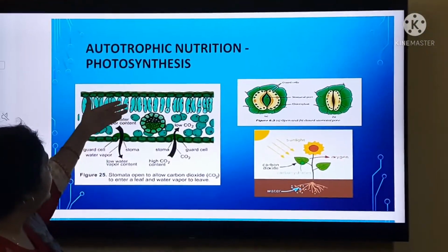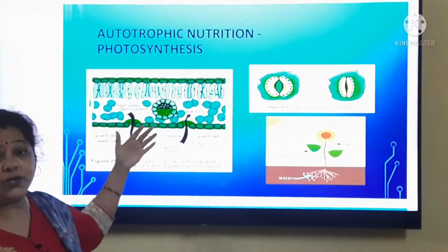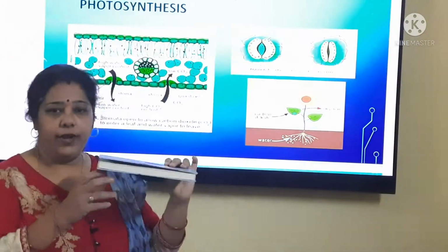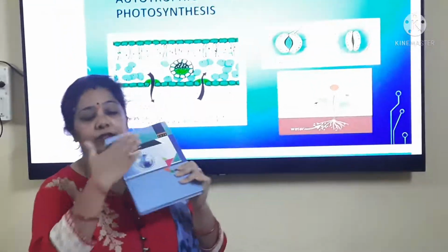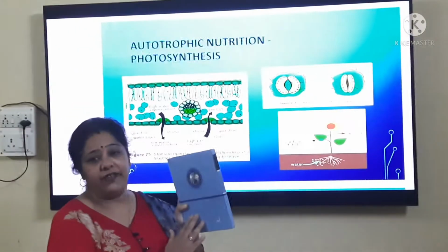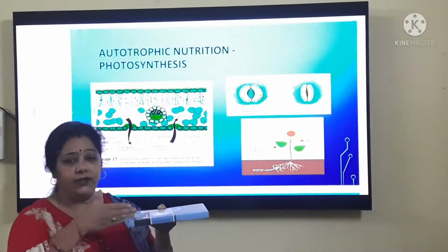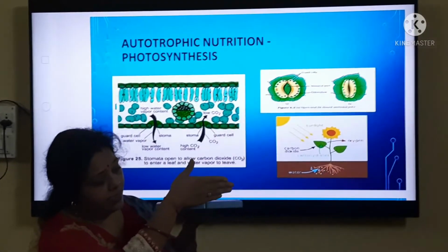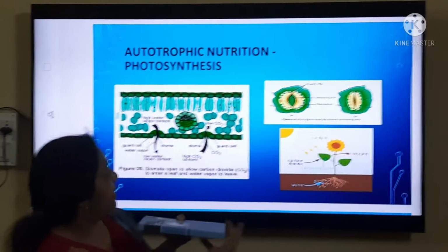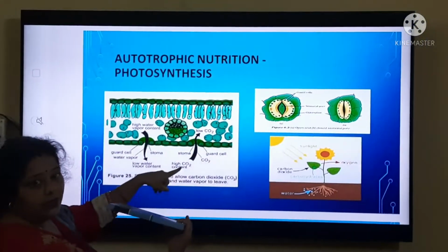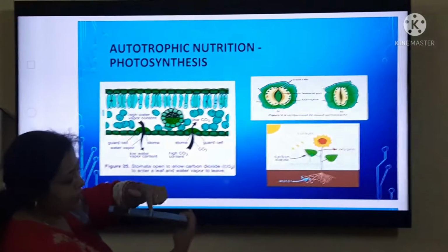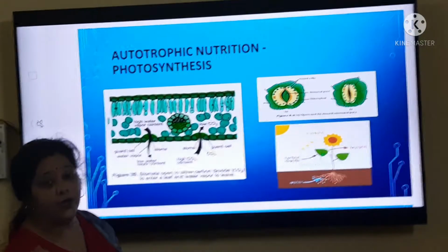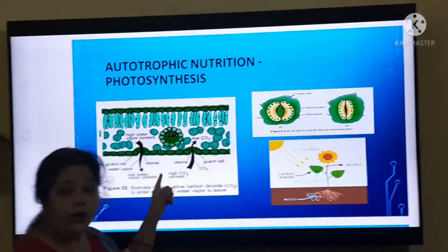diagram of the leaf. It is the TS. TS means transverse section of the leaf. Suppose this is a leaf. If I say it is a leaf, this is the dorsal side and this is the ventral side. And if we are cutting it in this way, so this thick portion you are seeing here. So if I am cutting the leaf this way, then this portion diagram is shown here. This is the diagram shown here, and this diagram is also in your textbook.